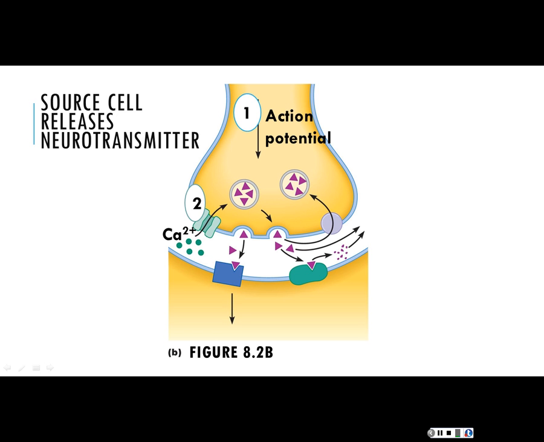Calcium is flowing into the axon terminal. So it has a nice little concentration gradient. Calcium comes into the presynaptic cell. So yes, calcium's charged, but it's not really contributing to the voltage. You may recall that calcium is the second messenger